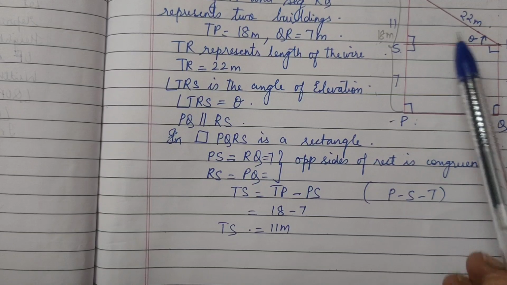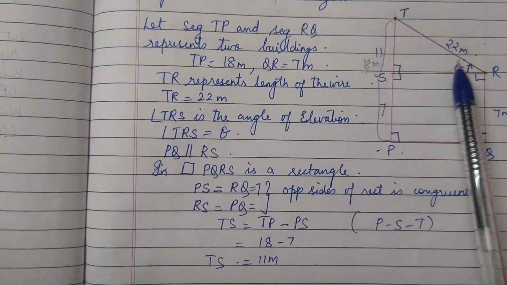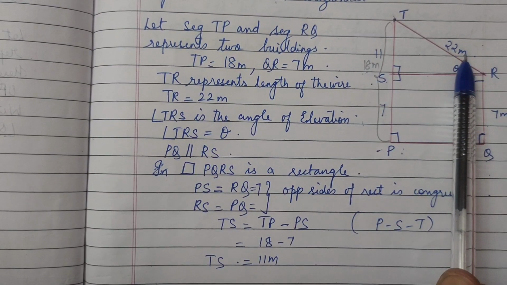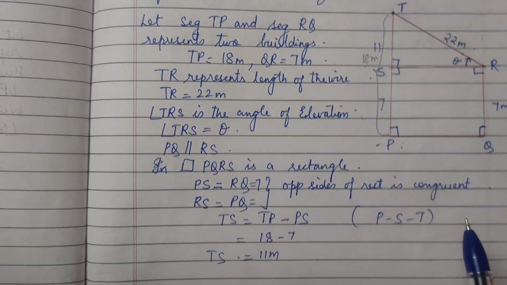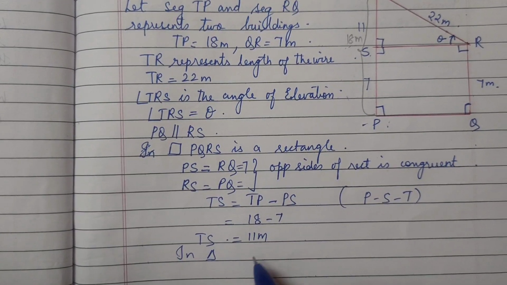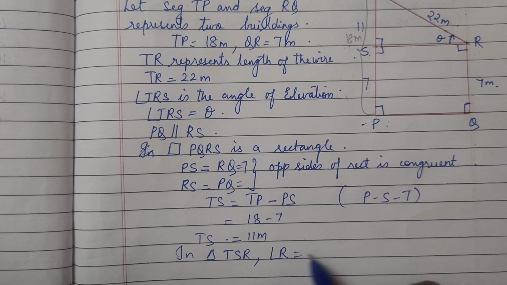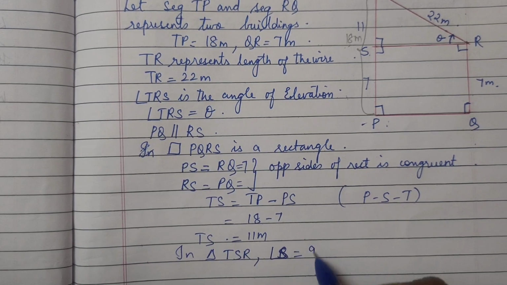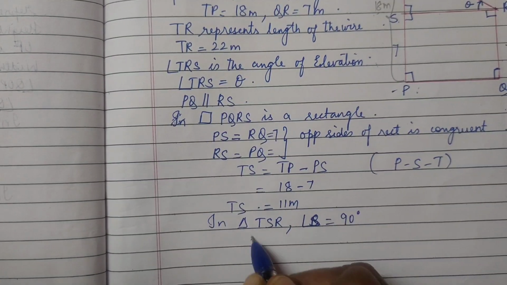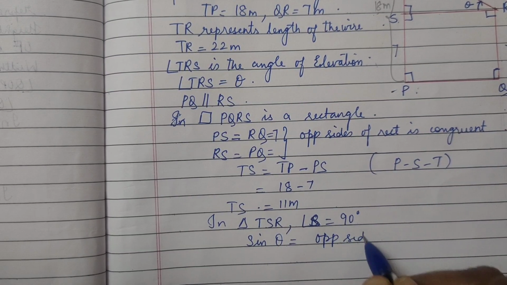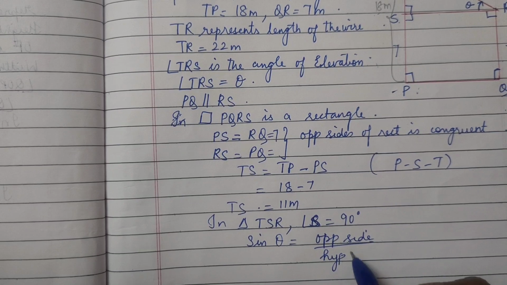Now, as I said, we discussed already the ratios. Which ratio? Opposite and hypotenuse. See, theta के ये है opposite और ये है hypotenuse. दोनों दिया है. तो हम साइन ले रहे हैं in right angle triangle, that is TSR. Angle R is theta here. Oh, sorry, angle S is 90 degree. Okay, S is 90 degree. So we use sine theta equal to opposite side upon hypotenuse side.